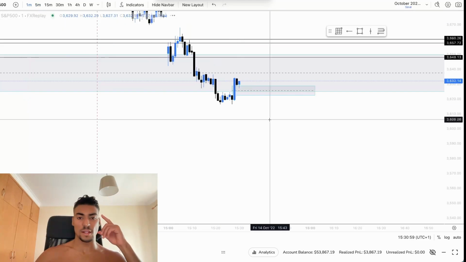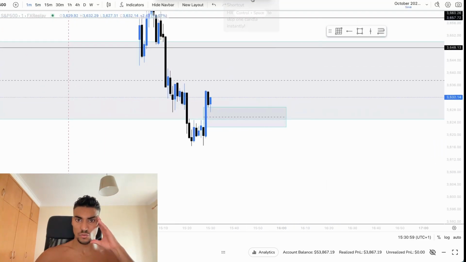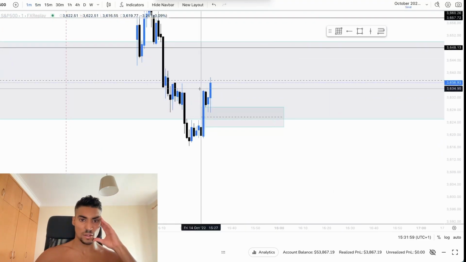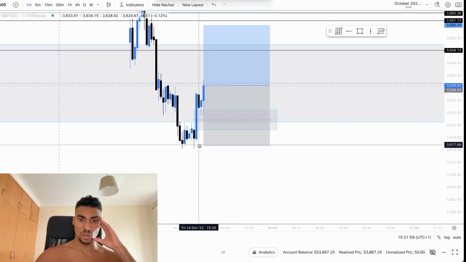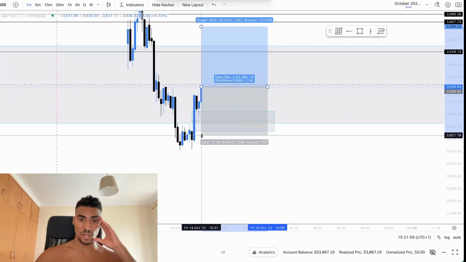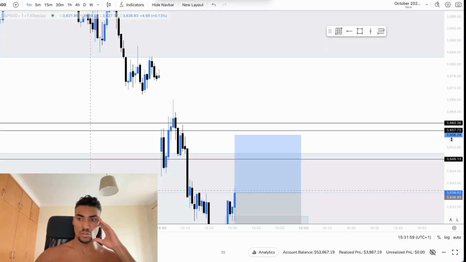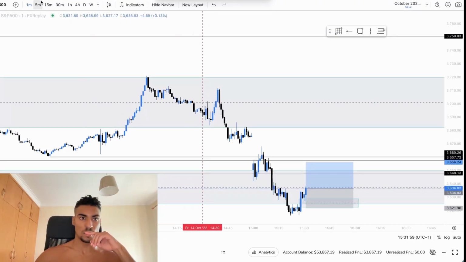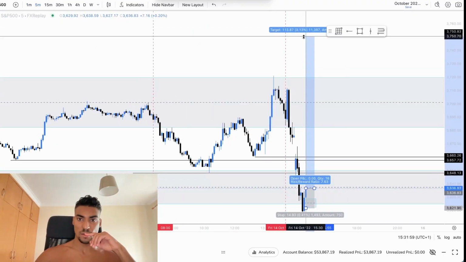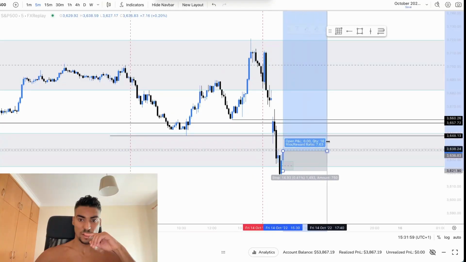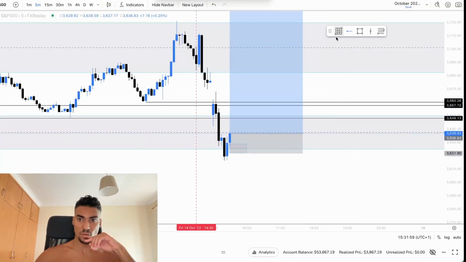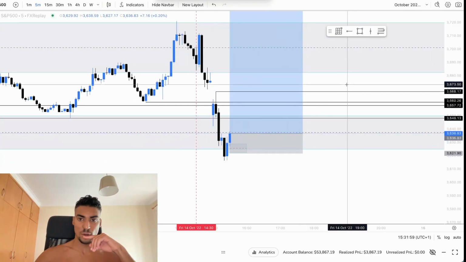Let's go aggressive with it. Let's do the same thing we did on yesterday's trade. Let's wait for a breakout structure. We get it right here, boom. Enter on that. Stop loss safe will be down below this low, but I think I'll put it below this failure gap low just because it's a more aggressive entry, so I should put my stop loss aggressive as well. Take profit on this, which is a little bit unrealistic, but we'll be taking partials anyways towards that, so I shouldn't be too worried about it.